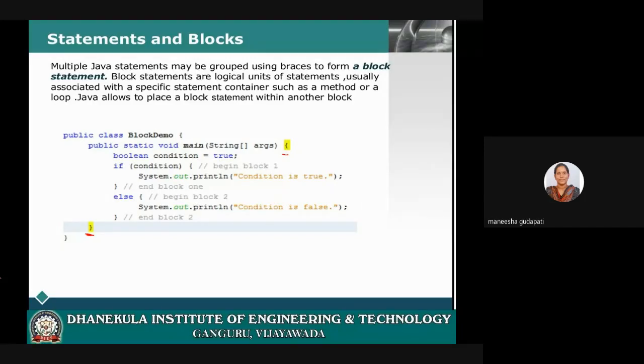Always represent it with curly brackets if you have multiple lines in that block. If you have a single line, there is no need to write curly brackets. Got it? This is also the same as C.